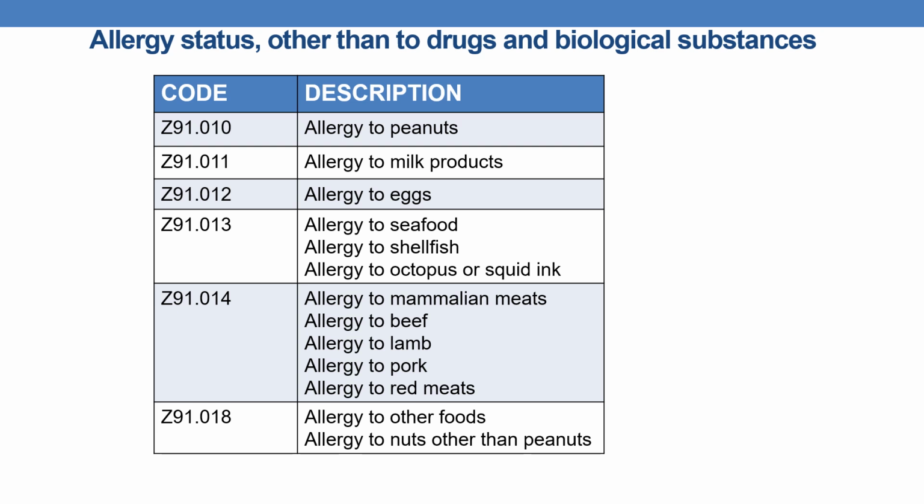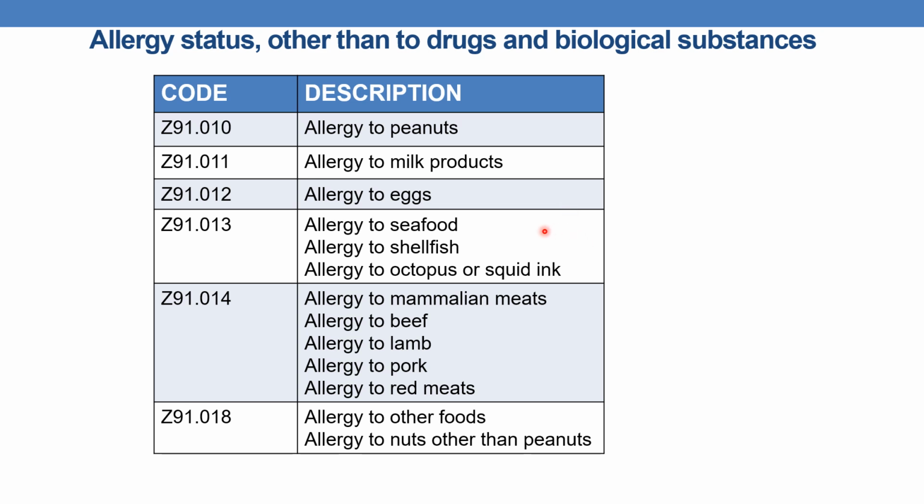Now the next category is Z91. Z91.01 series. It indicates allergy status other than to drugs and biological substances. So first code is Z91.010 indicates allergy to peanuts. Z91.011 indicates allergy to milk products. Z91.012 indicates allergy to eggs. And